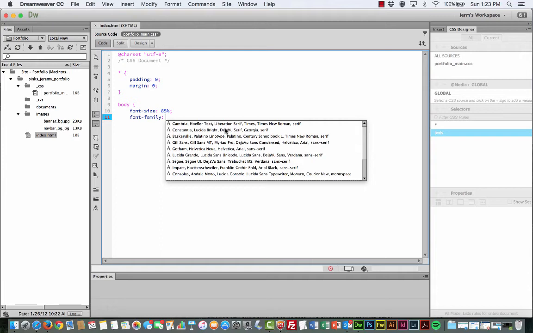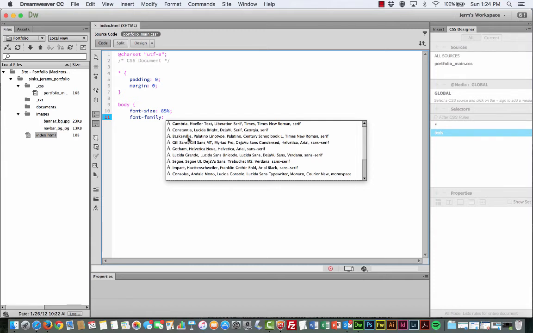Because not every computer has the same fonts installed on their machines. Say we found a font online and really liked it and downloaded it. We couldn't just use that font and put it into our Dreamweaver document, because if someone were to view your site or your page, they wouldn't have the same font. Now CSS3 has given us the ability to download some cool fonts and do some cooler things, but by default these are the only font options that we have, and